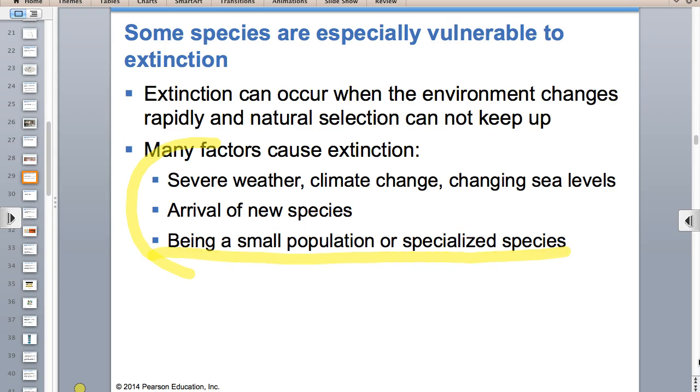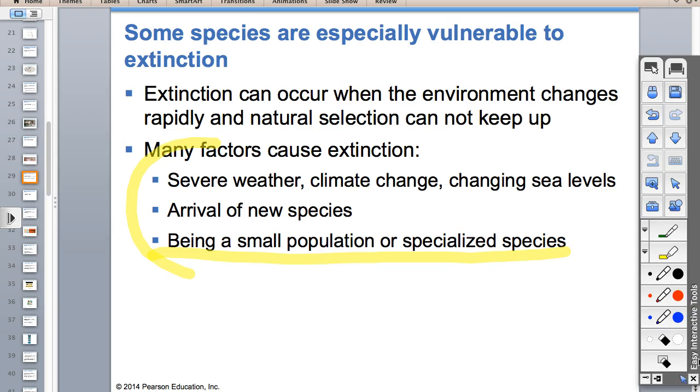If you're a specialist, maybe you're one of those honey creepers and you only eat one kind of tropical flower off of one kind of tree. If all those trees are used for lumber or that area is developed, then you're going to go extinct if you specialize. If you're a generalist, like a rodent, like rats, they're going to be fine, right? They don't just eat one kind of special, beautiful tree. Humans are generalists. We have a lot of different food sources. So if you have a small population or you're a specialist, that really does make you more vulnerable. That just makes sense when you think about it.